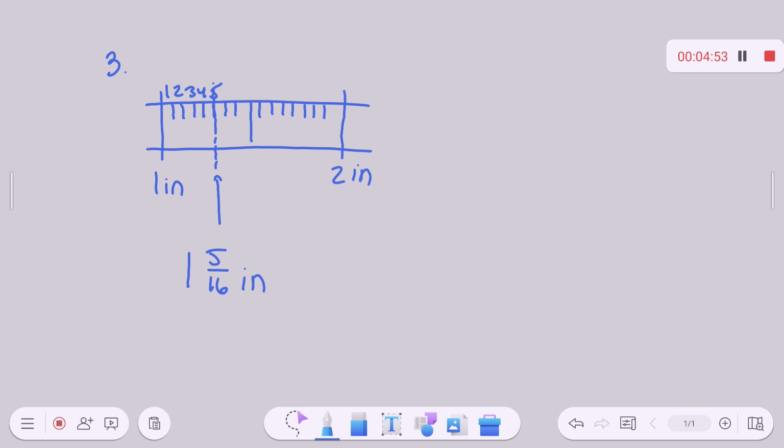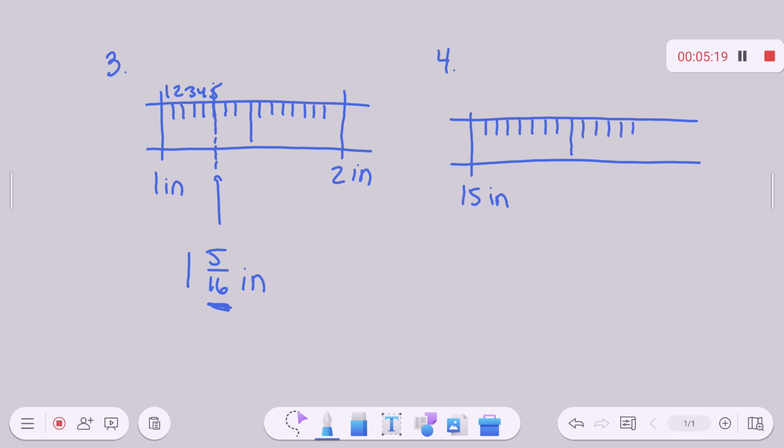You do not simplify it or anything. Your answer will always be a 16th like it is here, or a 32nd if you fall halfway between, and I'll show you what that looks like. Take a look at number 4. For number 4, we're going 15 to 16 inches. You're falling, this is the 8, 9. You're between 9 and 10. So you're falling, I know it's a bad drawing, but you're falling here in between the 9th and the 10th